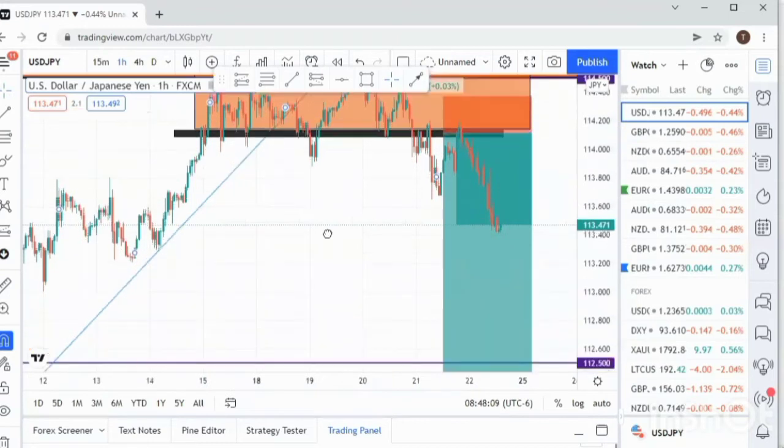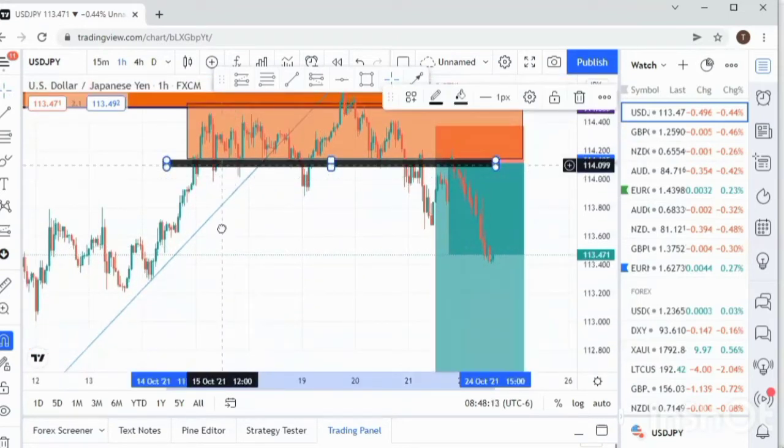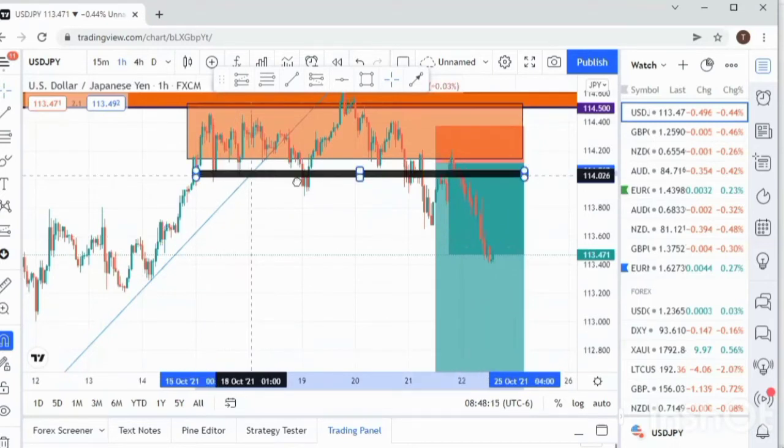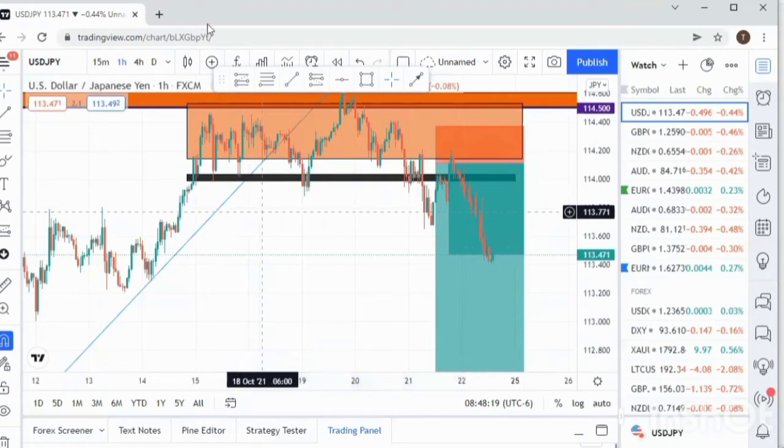This black zone you are seeing here happens to be my structure. Remember, when the market was here, this place was my last low that was created. So I was interested in the market breaking out of this zone, retesting it, and then I will now